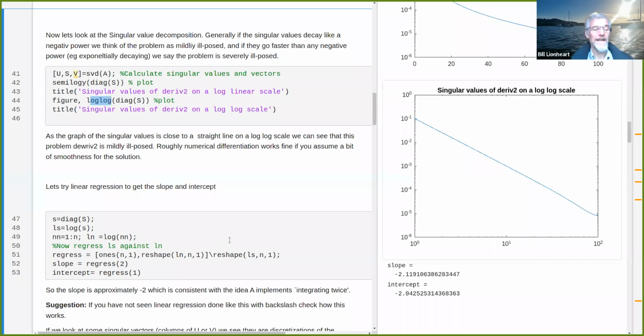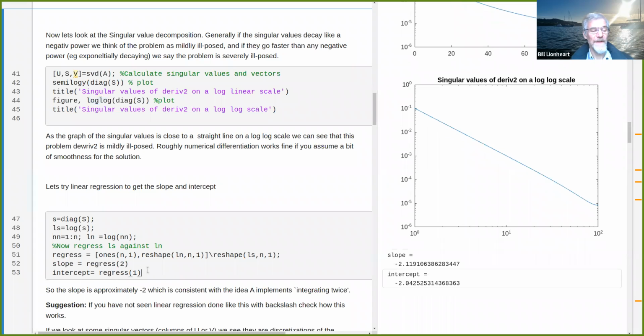So the slope is the second component of my vector regress, and the slope is minus 2 and a bit. And there's some intercept, which is just a matter of scaling, I guess. Okay, so it roughly goes like the power of minus 2, because it doesn't fit exactly, the little turn up at the end. It gets harder to calculate singular values as they get smaller because of round-off errors. Anyway,